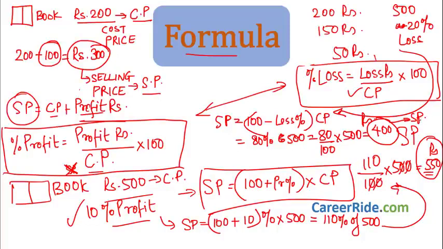So you saw there were only 4 formulas which you should remember. Actually there are only 2 formulas, the rest of the 2 can be derived from these. Profit percent is profit in rupees divided by cost price multiplied by 100. When profit percent is given, then selling price is 100 plus profit percent multiplied by cost price. Now when you use these formulas in the sums which are to come, they will become more and more clear, as well as help you remember the formulas, right? Moving on, let's see some of the sums related to profit and loss.